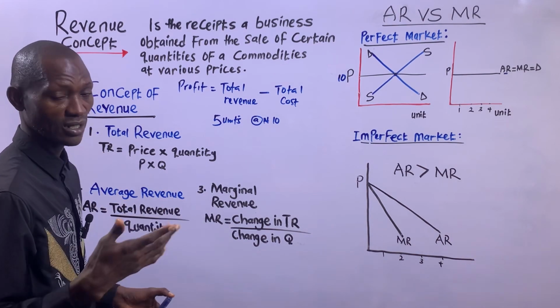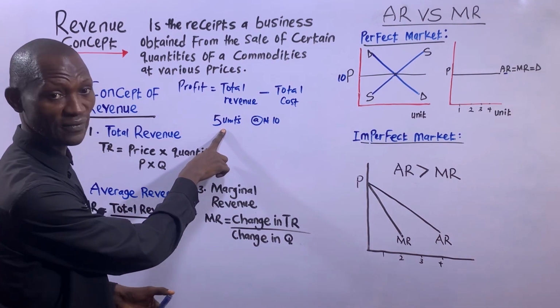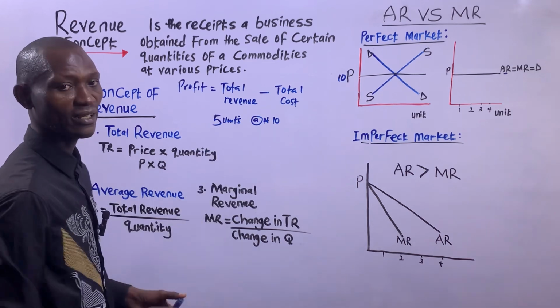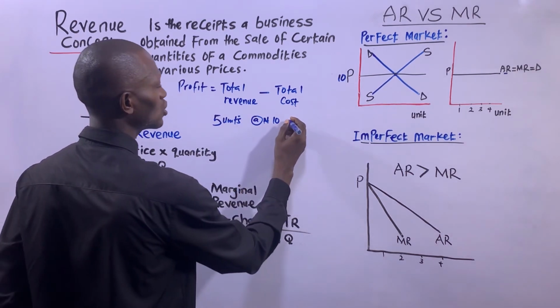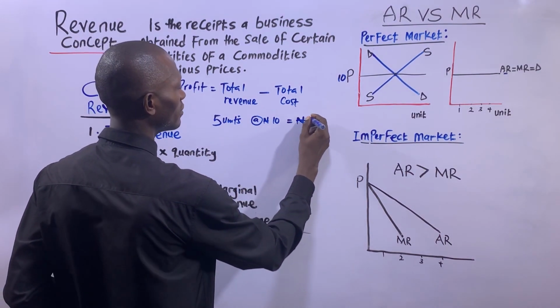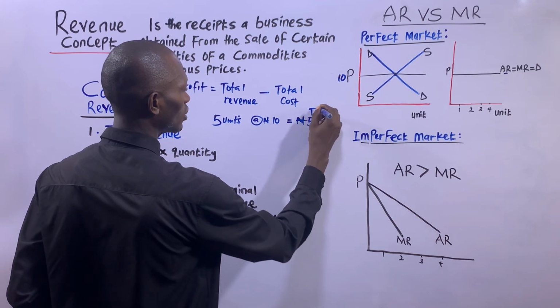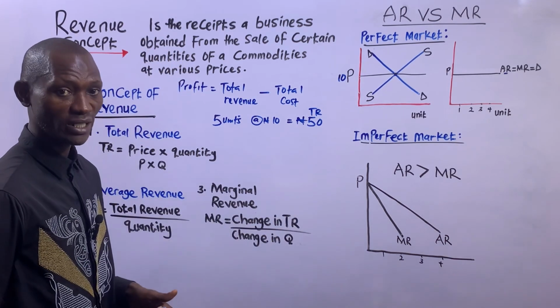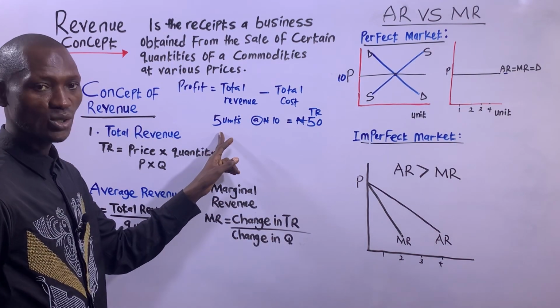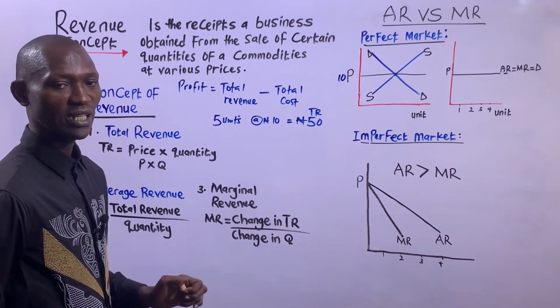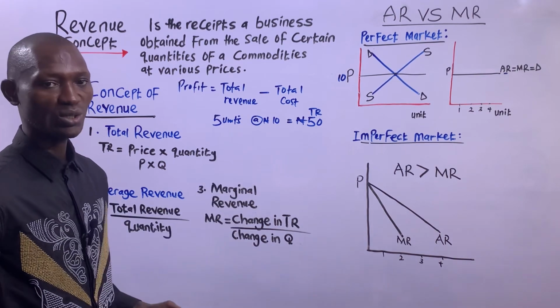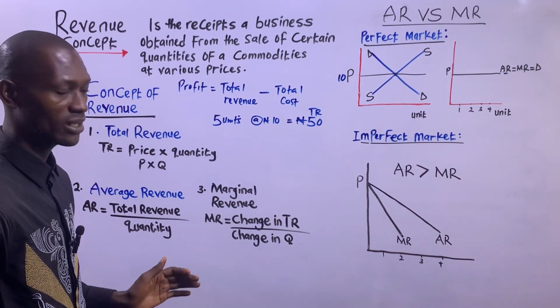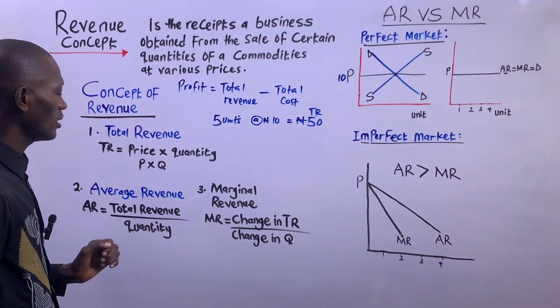So if we are assuming here that the unit sold is 5 units at 10 naira each, that's going to give me total revenue of 50 naira. So my total revenue is 50 naira. How did I get that? The unit sold times the price per unit. That gives me total revenue. So I hope that is understood. Good. Then the second